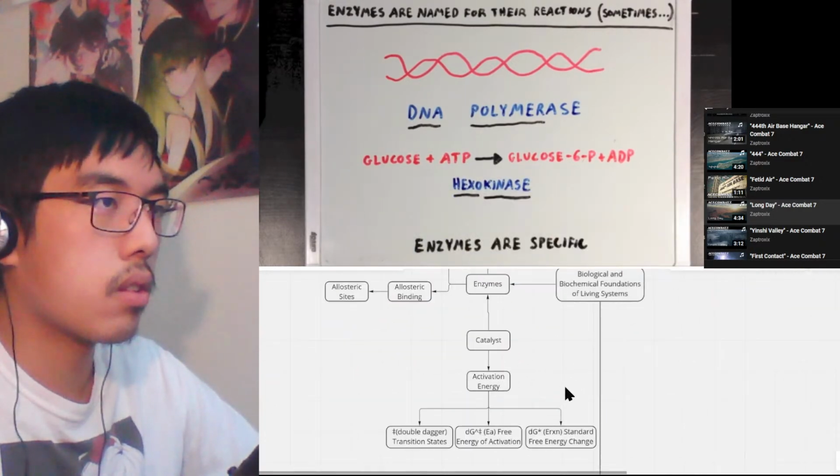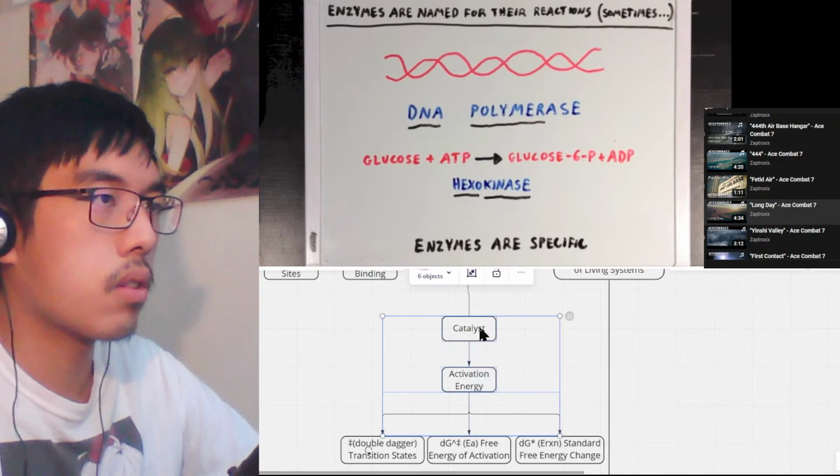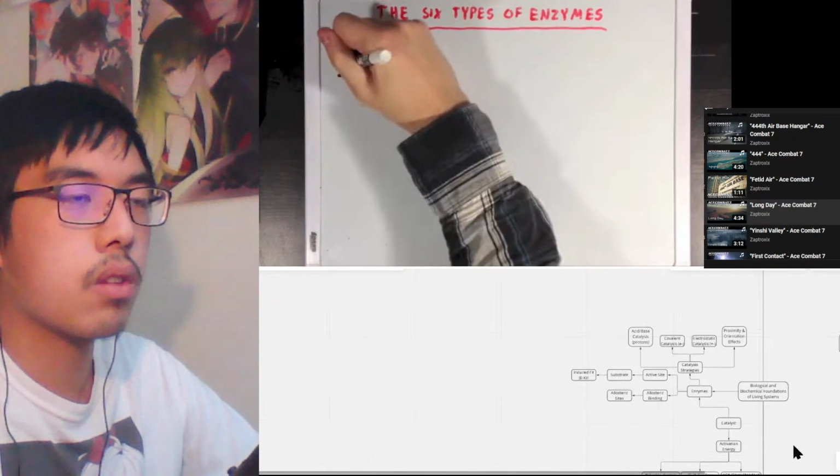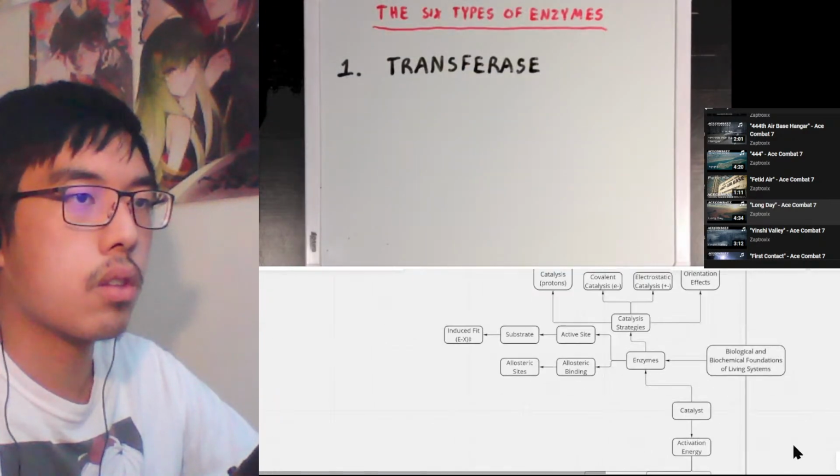Now, generally, every enzyme has a very specific name that gives insight into the specific reaction that enzyme can catalyze. So we can actually divide most enzymes into 6 different categories, based off the kinds of reactions that they catalyze. Now, our first group is the transferase group, and the basic reaction that transferases catalyze are ones where you move some functional